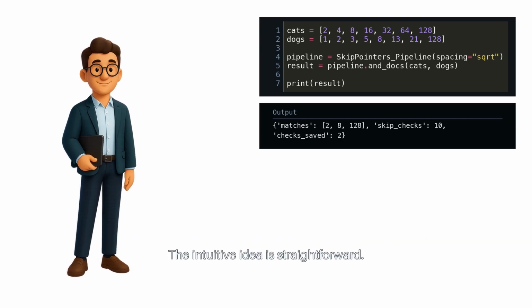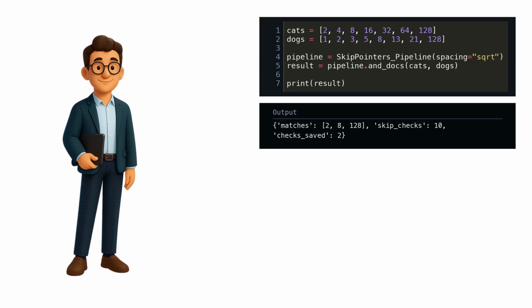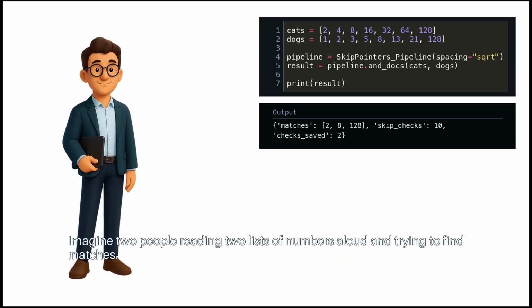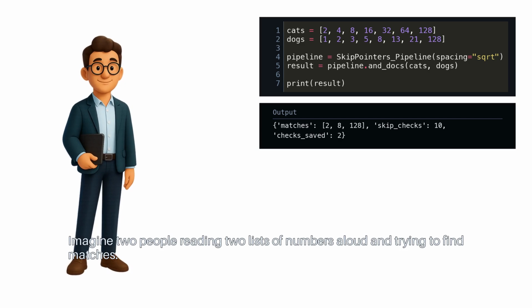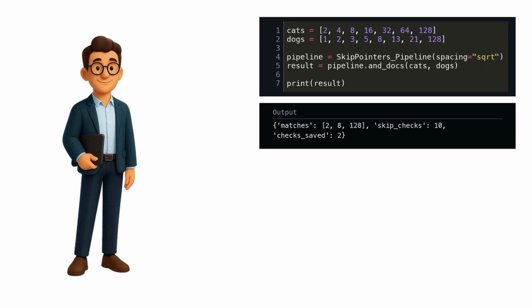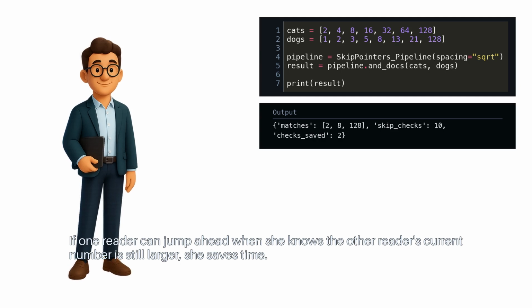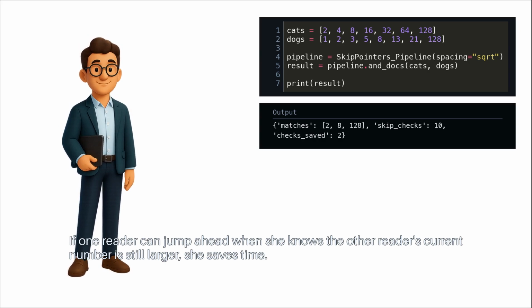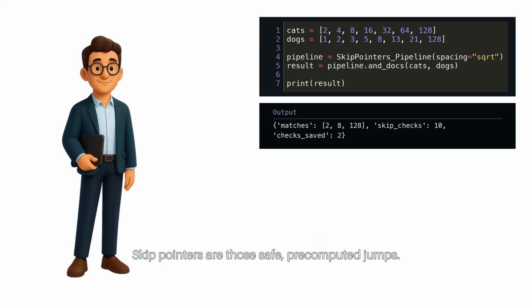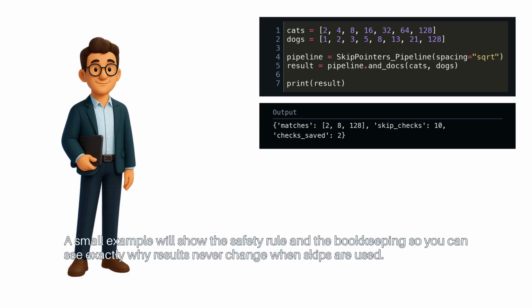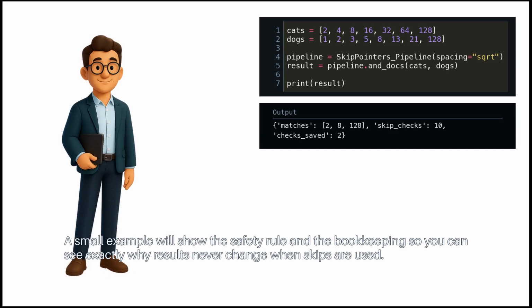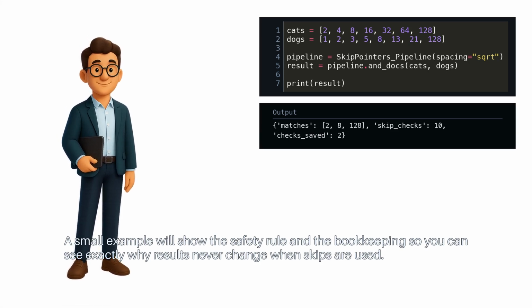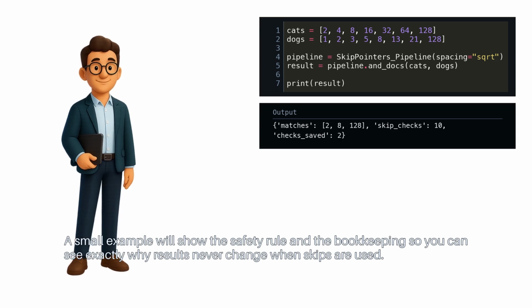The intuitive idea is straightforward. Imagine two people reading two lists of numbers aloud and trying to find matches. If one reader can jump ahead when she knows the other reader's current number is still larger, she saves time. Skip pointers are those safe, pre-computed jumps. A small example will show the safety rule and the bookkeeping, so you can see exactly why results never change